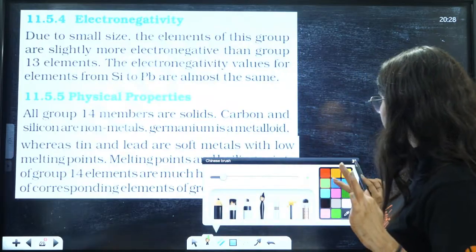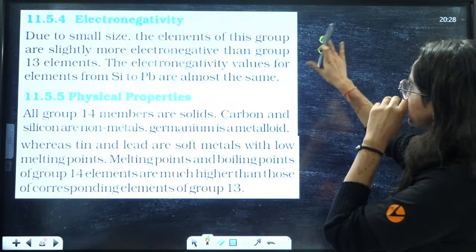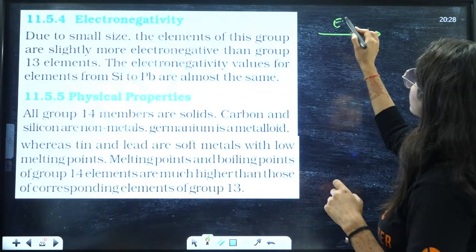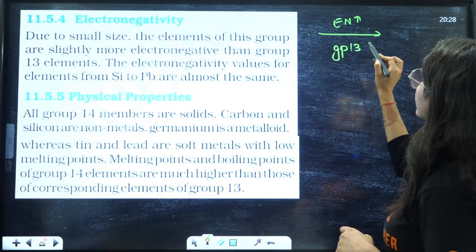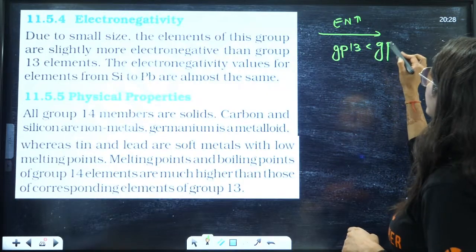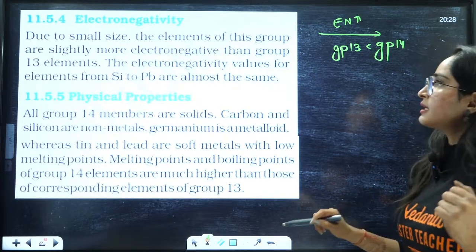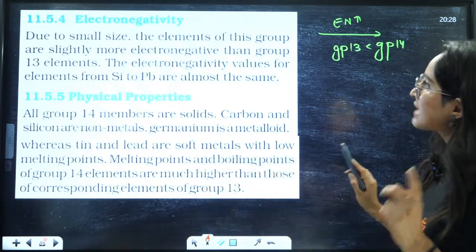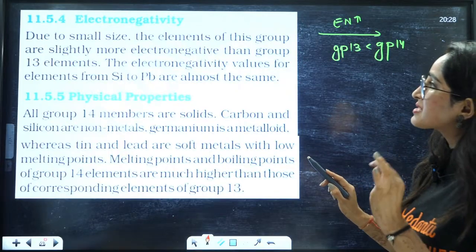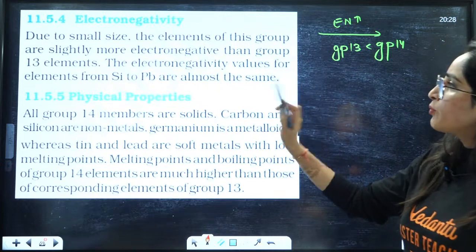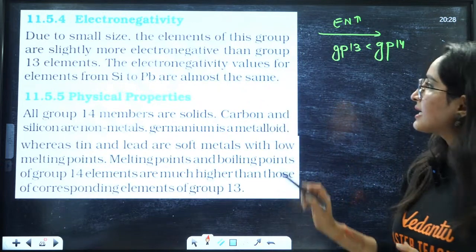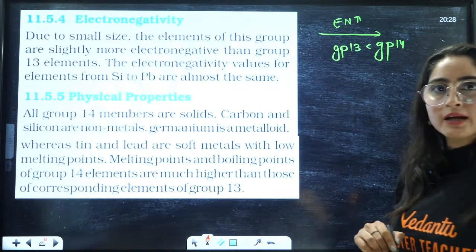Firstly, we will compare this with group number 13. So we know that along the period, electronegativity increases. So group number 13 definitely has less as compared to group number 14. Now they are saying what is the reason? Due to small size, the elements of this group are slightly more electronegative, right? Then group number 13 elements, right? Now they are saying that because the size is